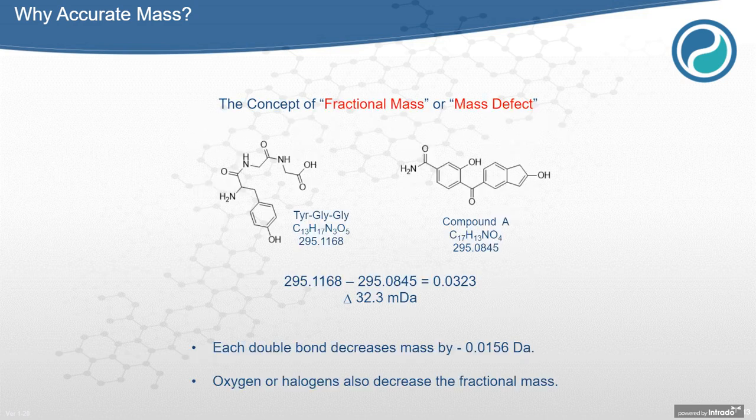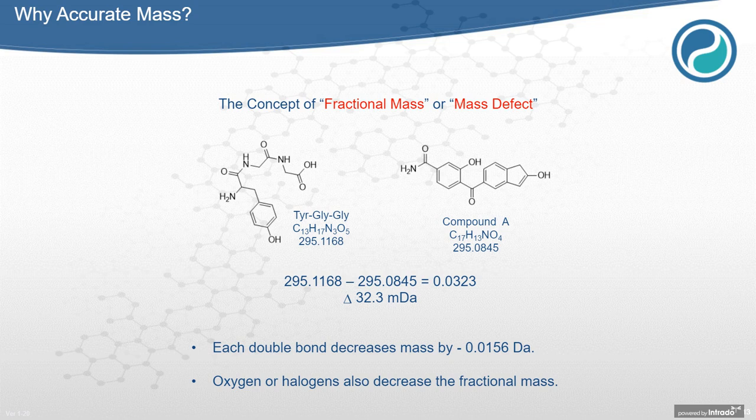Next slide, please. So here, let's look at a hypothetical xenobiotic on the right versus a hypothetical peptide, a thiogly on the left. They have the same nominal mass, but their exact mass is substantially different. It's actually different by 32 millidalton. Now, take into consideration that your modern accurate mass device is accurate to within plus or minus 2 millidalton. If we had both these compounds running on our system, we would be able to differentiate them simply based upon the mass of the ion using accurate mass.